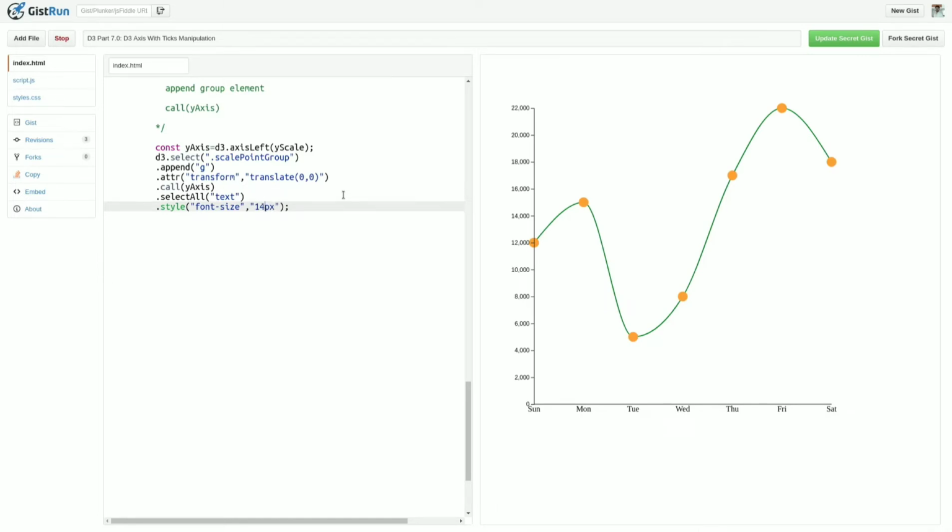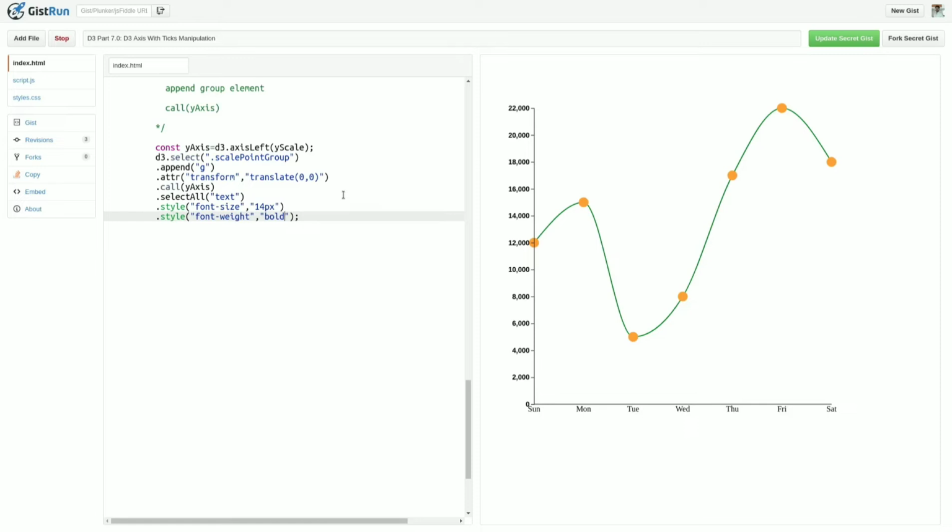You can see that the text size is increased. This is how you can style the text, using selectAll on the text element and using style. If you want to provide other styles, like font-weight bold, it is also reflected, so the second style is applied here.